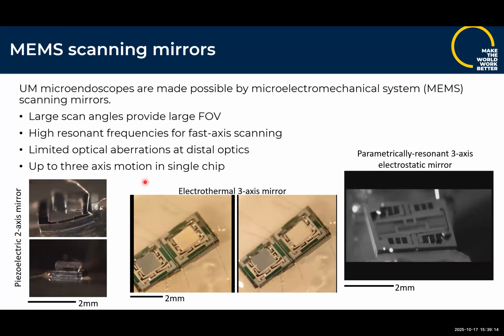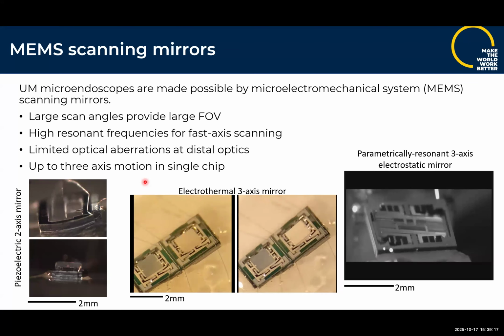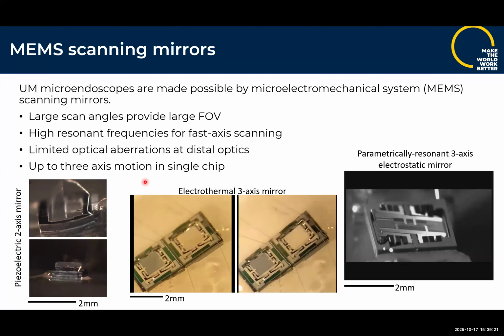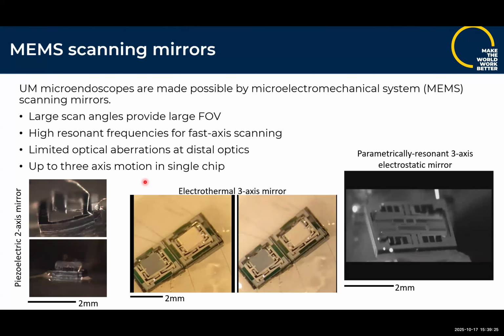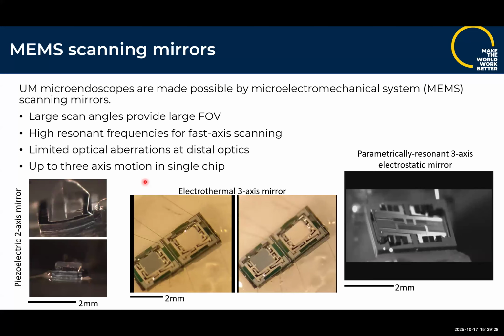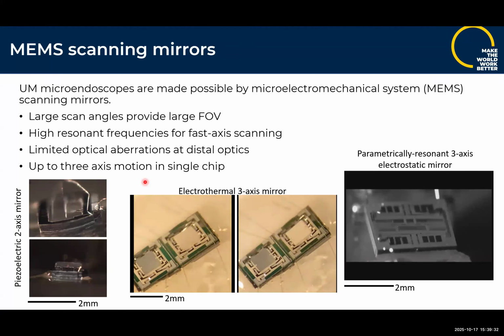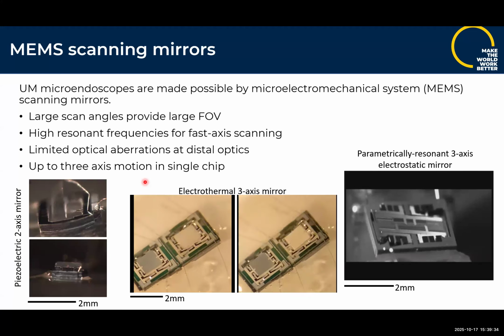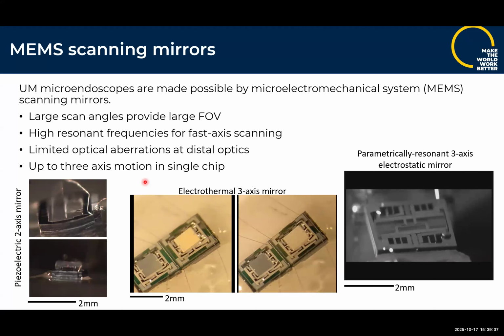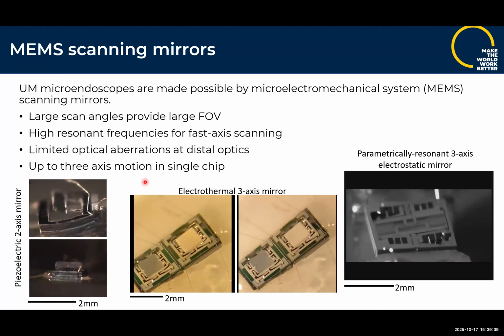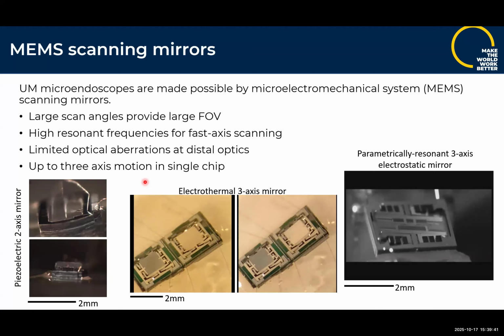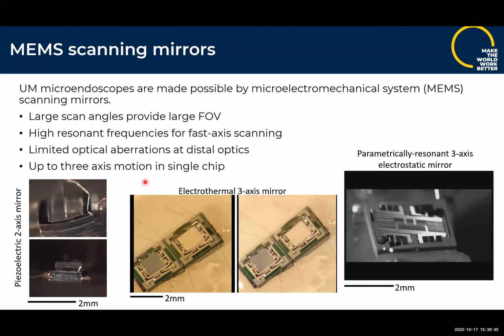By doing the scanning very close to the distal optics, you minimize optical aberrations versus some electronic scanning techniques one can do from hardware, from earlier in the imaging process. And we can put all of the scanning motions in some cases in a single device that can scan axially, change the depth of the scan, and back and forth in 2 axes to build up an image. And so this is the hardware,